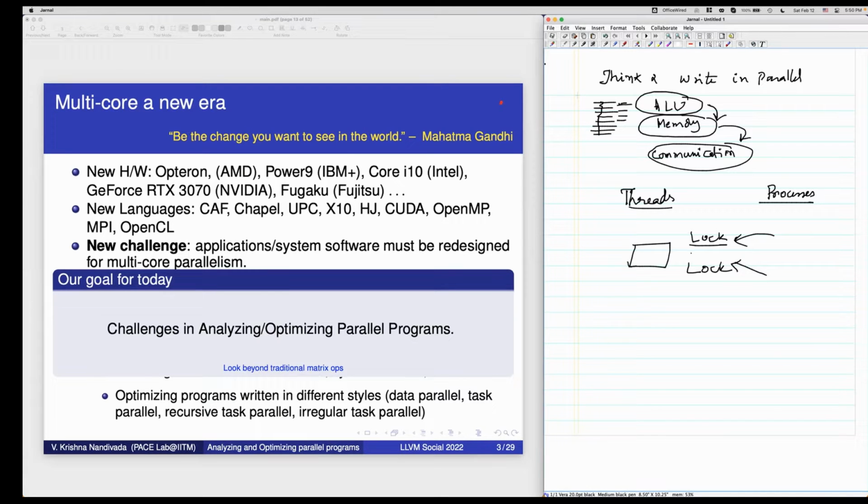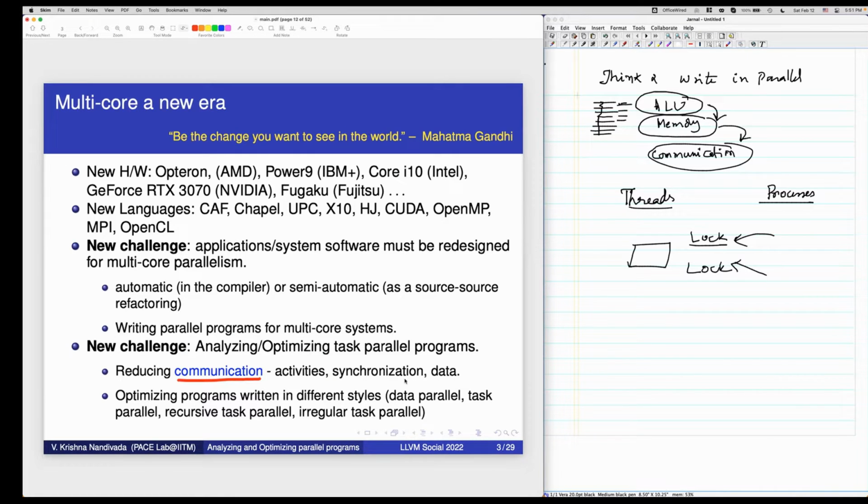The other person may have to wait, right? So communication could be communication of data, synchronization among the threads, processes or tasks, creation of threads, joining of threads, creation of processes, joining of processes, and so on. All these involve communication among themselves and with the runtime.